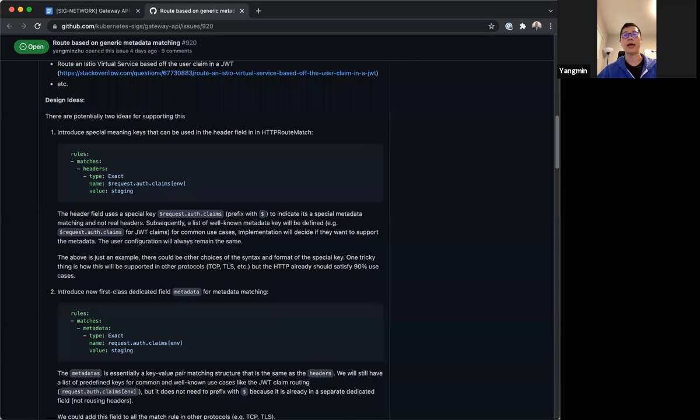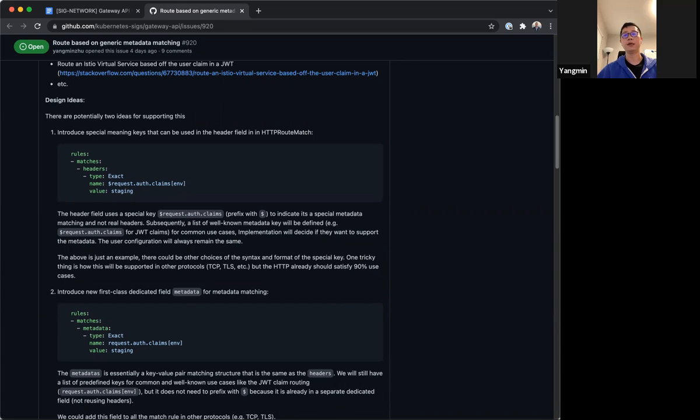Imagine you have another metadata that you want to match in the future. Let's say we want to match against the peer certificate, because there are also many users using client-side certificates for authenticating with the gateway API. That peer certificate information can also very likely be expressed in a JSON object. For example, you may have a field representing the principal of that certificate, and then you can use a general gateway API to match against that field.